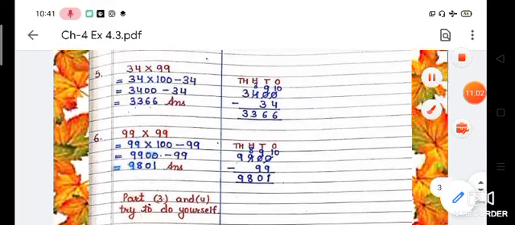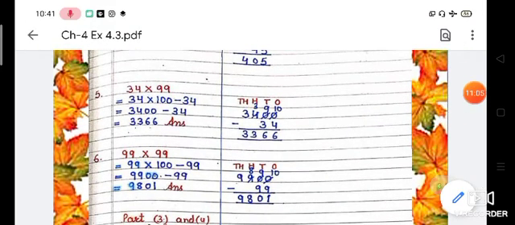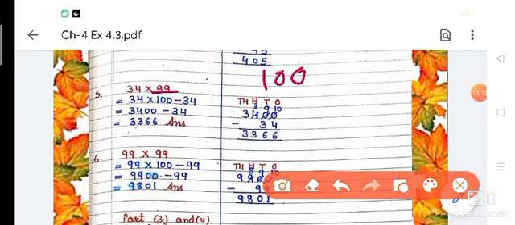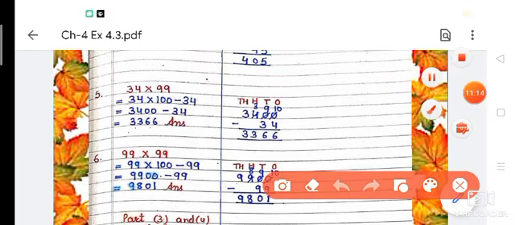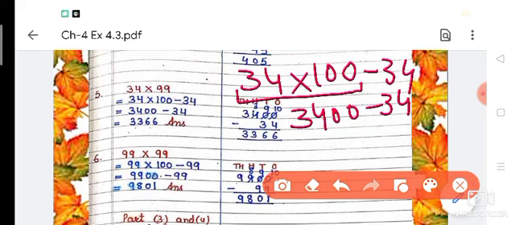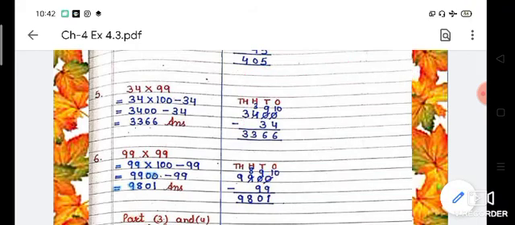It's 34 multiply 99. Now you will see, if it is 99, then we have to take the help of 100. Okay, how are we doing it now? See the method. Firstly take 34, multiply by 100, and the same number 34 again you will subtract. So it is 3400 minus 34. Now you can subtract it. 10 minus 4, 6. 9 minus 3, 6. Left with 3, down 3, and this also 3 will come down. Okay, so 3366 will be your answer.